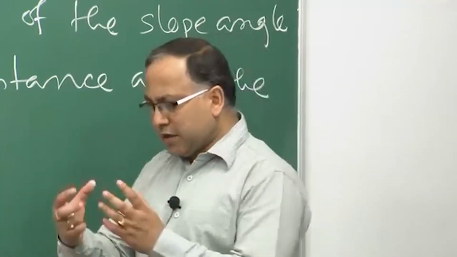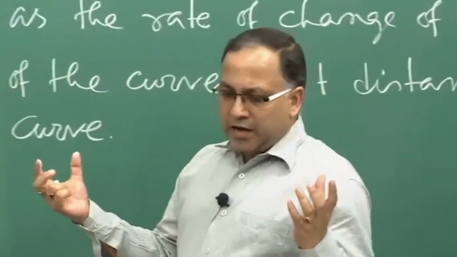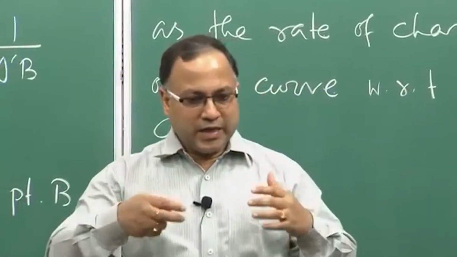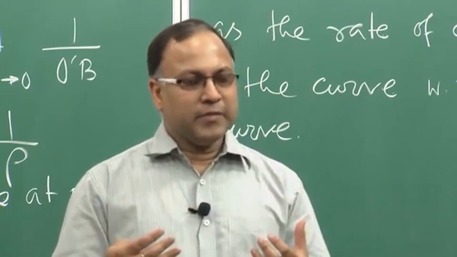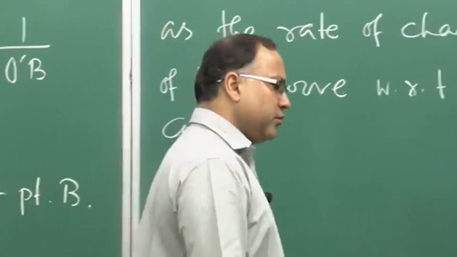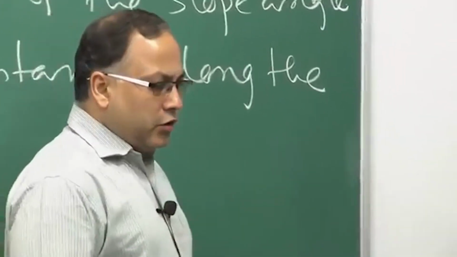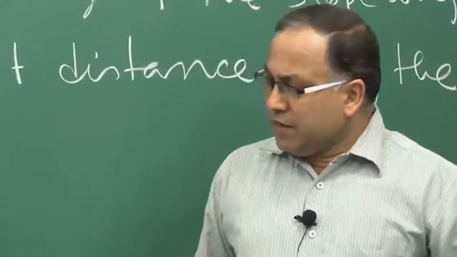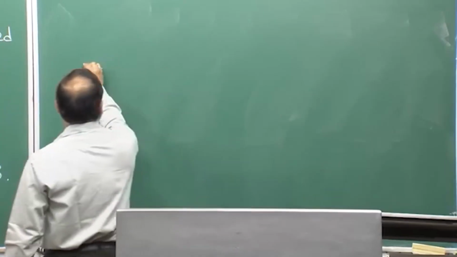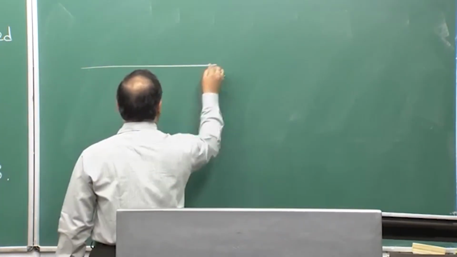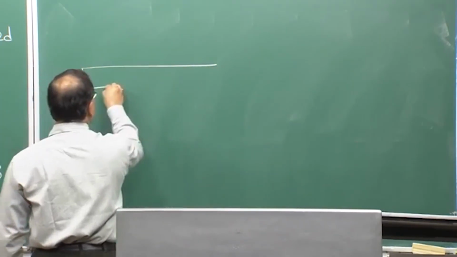So, you are starting with some plane cross section, and in the plane of symmetry that plane cross section will remain plane even after deformation. So, that can be shown. Now, if you look at the deformed shape of the beam due to pure bending, that means I have the beam like that,